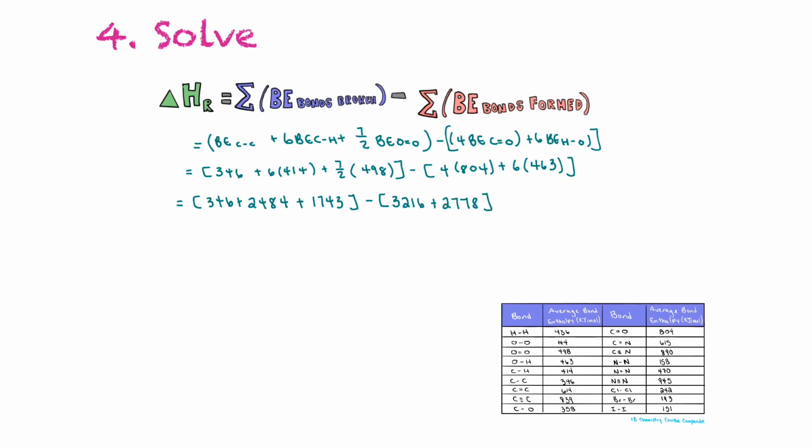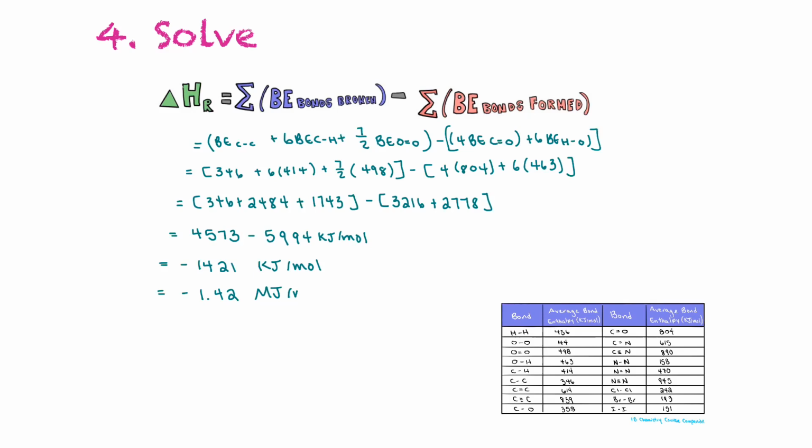And that grand total is 4,573 minus 5,994 kilojoules per mole, and that equals negative 1,421 kilojoules per mole. And if you want to convert that to megajoules per mole, that's equal to negative 1.42